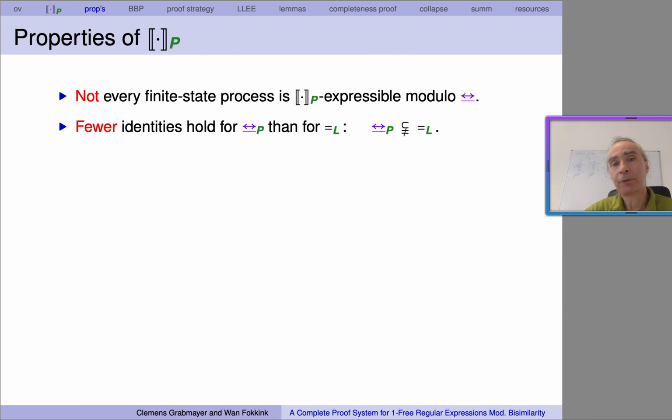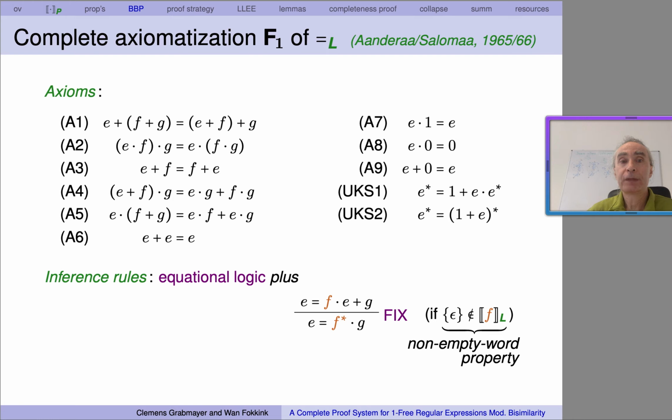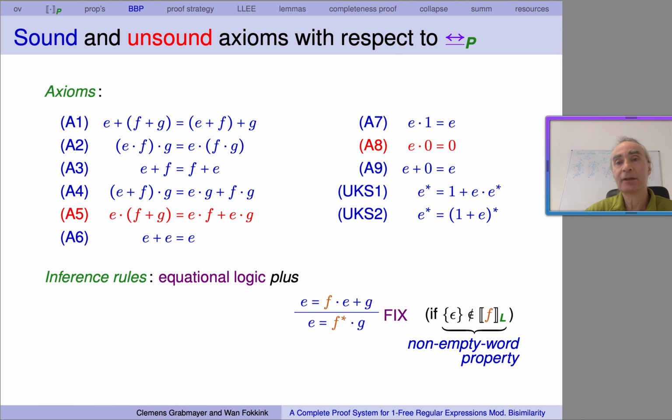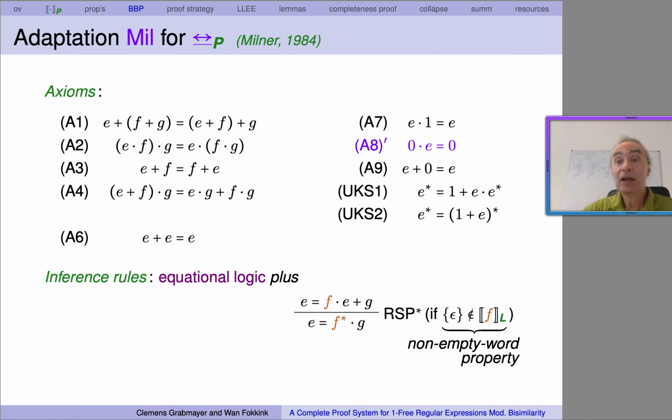Fewer identities hold for bisimilarity under the process interpretation than for language equivalence. One can see this by looking at the complete axiomatization by Salomaa of language equality and then highlighting those identities that do not hold under the process interpretation. There is the axiom A5, left distributivity, which famously does not hold for bisimilarity, and there is the axiom A8, which would say that every process that is continued by deadlock is bisimilar to deadlock, which is not the case. So Milner dropped these two axioms,